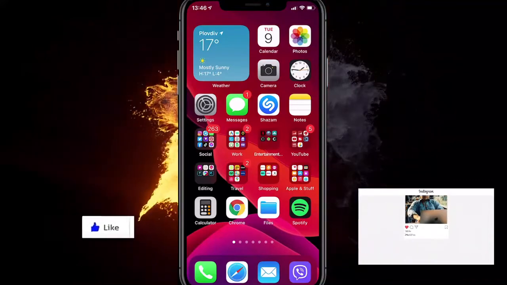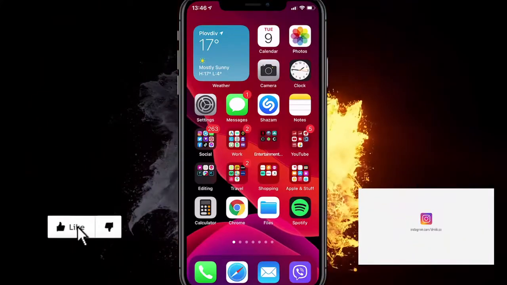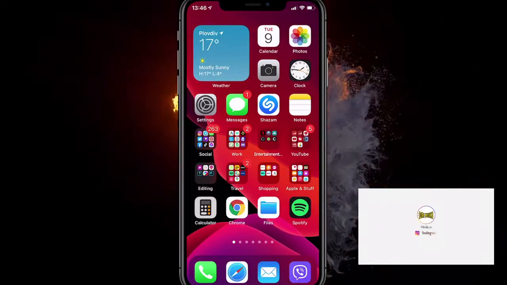Hey, in this video, I'll show you how to adjust the iPhone ringer volume on incoming calls, on alerts, and